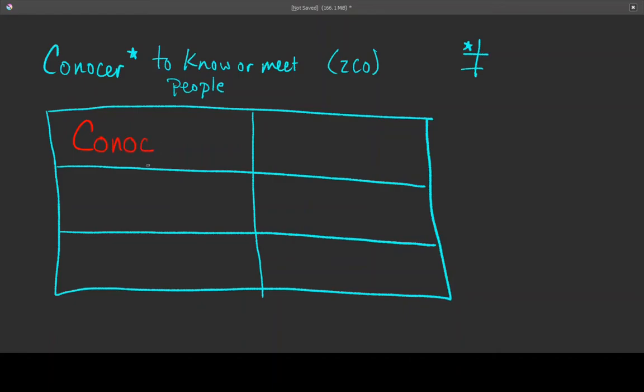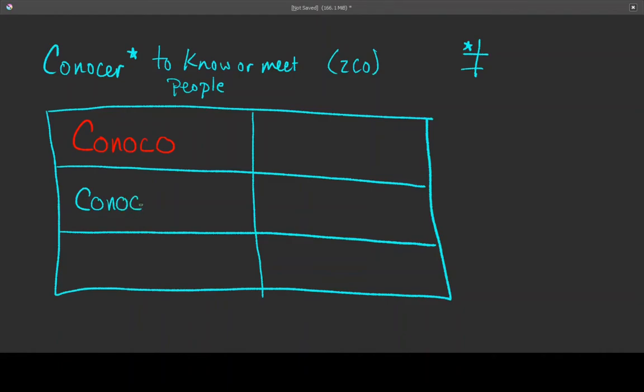So normally we would take the verb and just its root and put that into our sentence. Right now it's just going into our conjugation chart. And then we would knock off the ER ending and put a regular ER ending onto it, which in this case would be conozco. The problem with that is that when I put conocer into all the rest of its forms, we've already mentioned that it's irregular in the yo form, but not in the other forms. So when I put conocer into the tú form, and also when we look at it in its infinitive form,